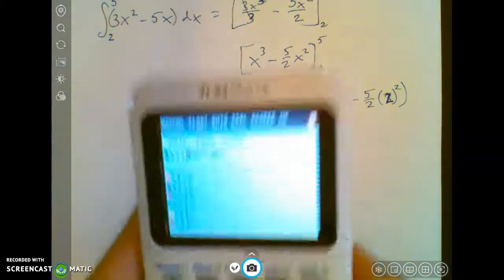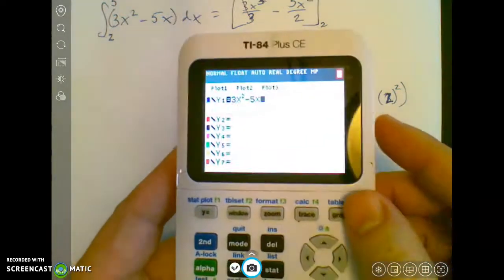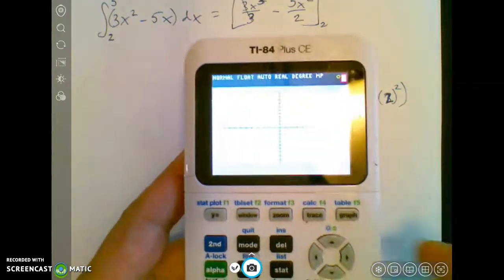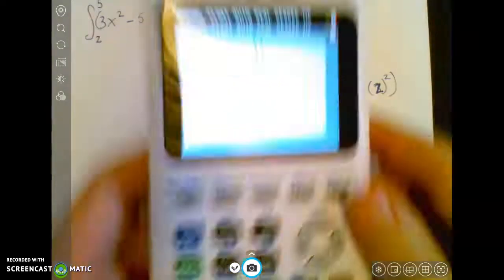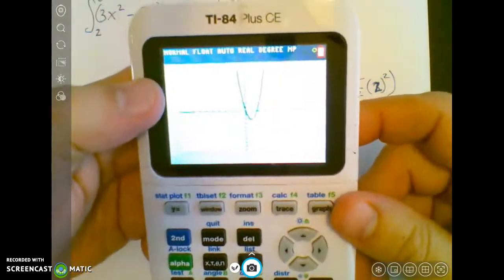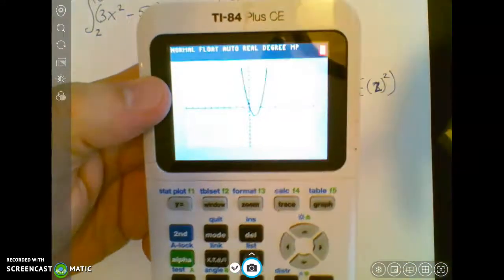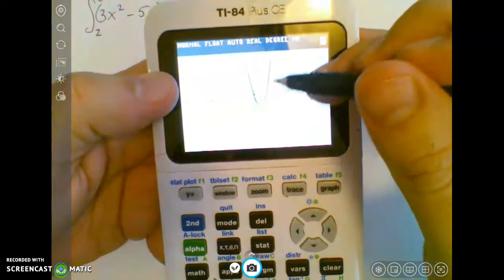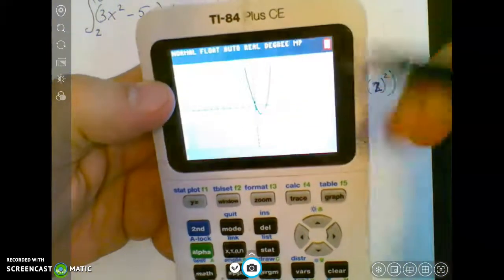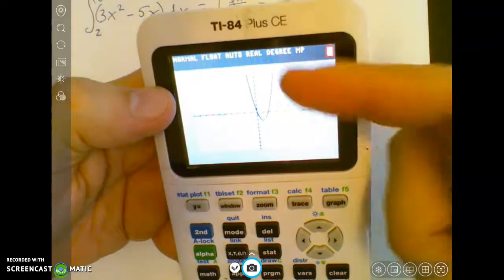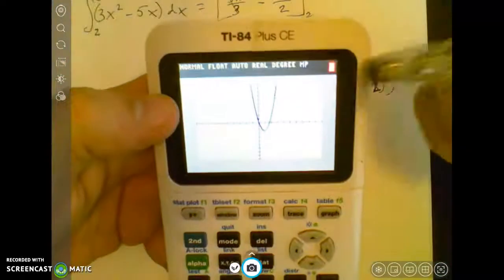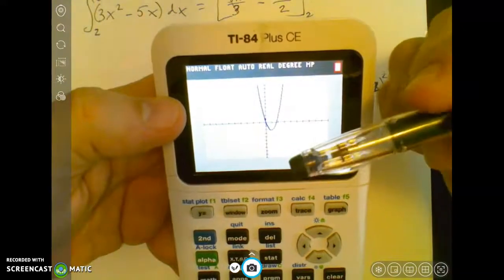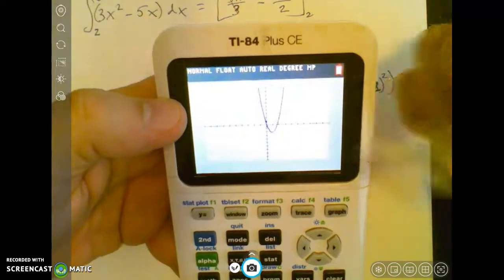So that's crazy. And if you looked at a graph, what I'm saying is the area of this curve between 2 and 5, way up here, it's off screen high, is 64.5. And it's not just approximately 64.5 with using rectangles. It is exactly